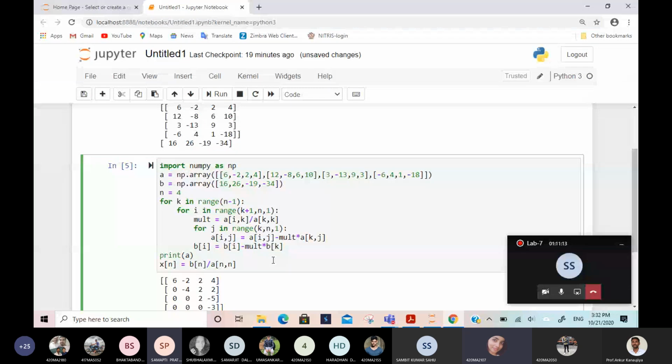Here, n or n minus 1? Yeah, that's what I want to ask. It should be n minus 1, because we have only up to 3: x0, x1, x2 and x3. So this is xn minus 1, not n, in Python. If you're writing in MATLAB, it is n only, but in Python it is n minus 1 because we are starting from 0. So that's why this is the correct one.